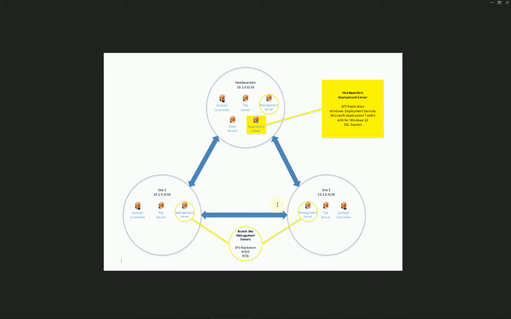The management servers at the branch sites are already running WSUS, but we're going to add DFS replication and Windows Deployment Services. What we're going to be doing is configuring everything on the Darwin deployment server. That's where the database will be running. That's where all the configuration files will be loaded initially for each deployment, and the settings will be pulled from the database. At the branch sites, the management servers are just going to host a copy of the deployment share,